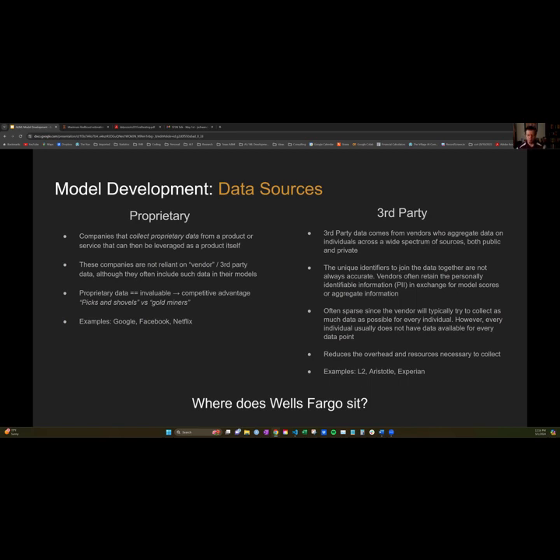So when I say proprietary, I'm talking about companies that specifically collect proprietary information about their customers that they can then group up and use as a service to other companies. So the most obvious example is Facebook, right? They're not selling your data, but say you're a construction company, you're a mom and pop coffee store, whatever. You have some data on your customers.